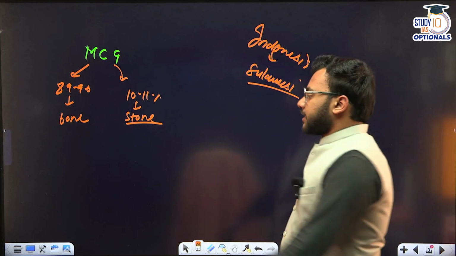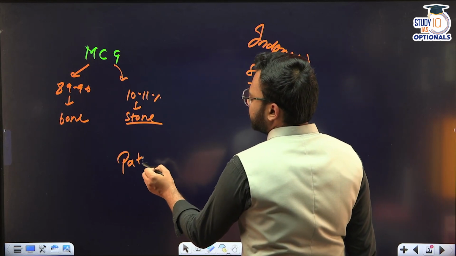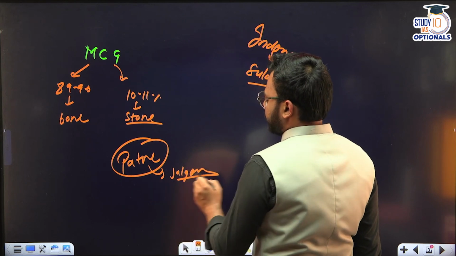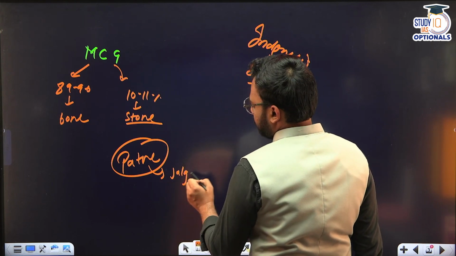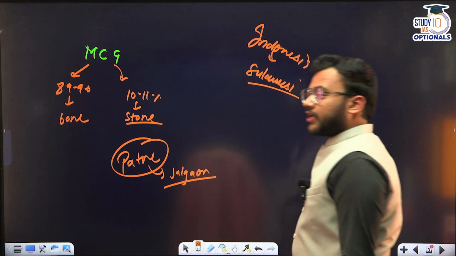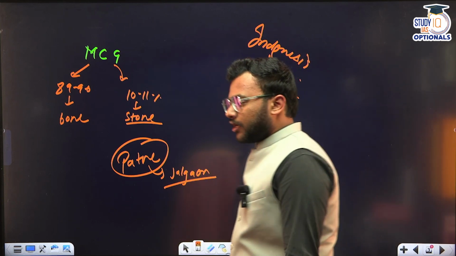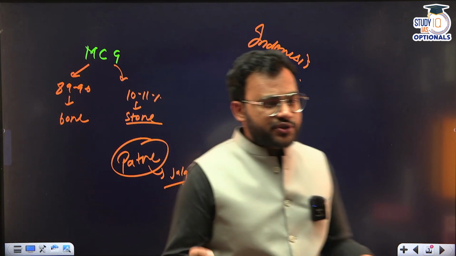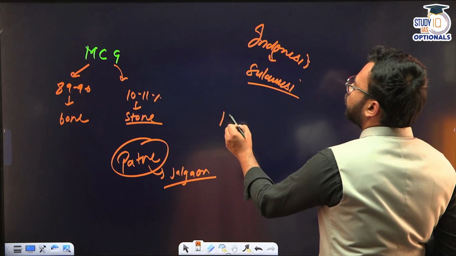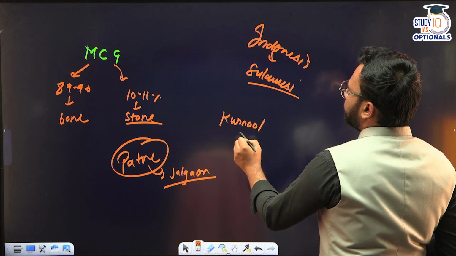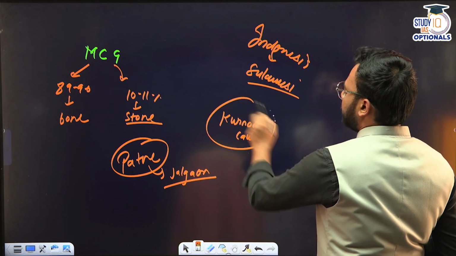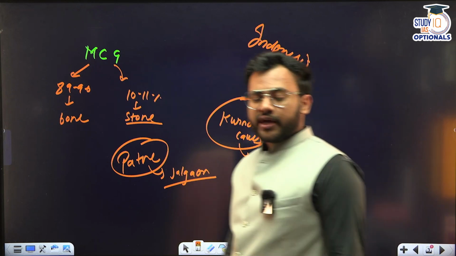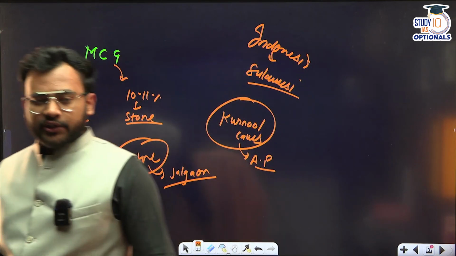If we see in India, there is a site called Patne, which is located in Jalgaon, in Maharashtra. So here also we have evidences of these ostrich eggshells. Apart from that, cave art and the cave setup is also seen in the caves in southern India called Kurnool caves. So this was a cave settlement that was seen in the southern part of India in the state of Andhra Pradesh, which was similar to a lot of cave patterns which are seen in the European region.